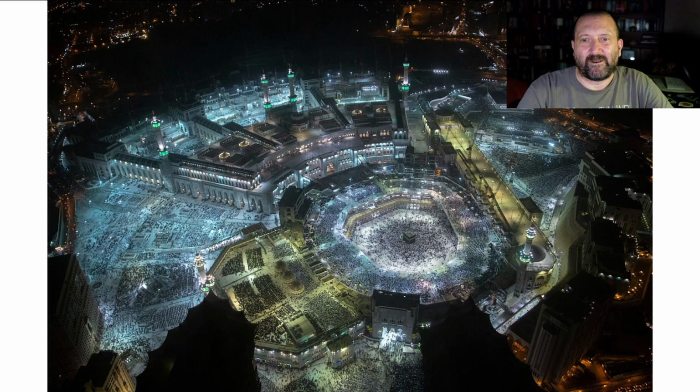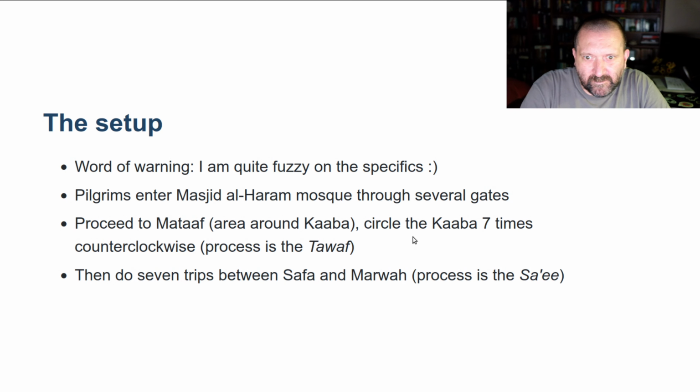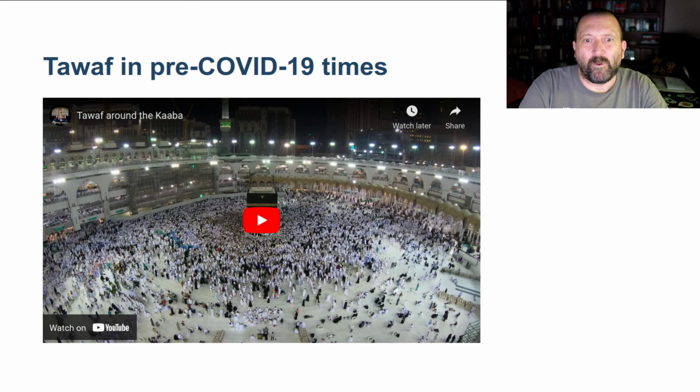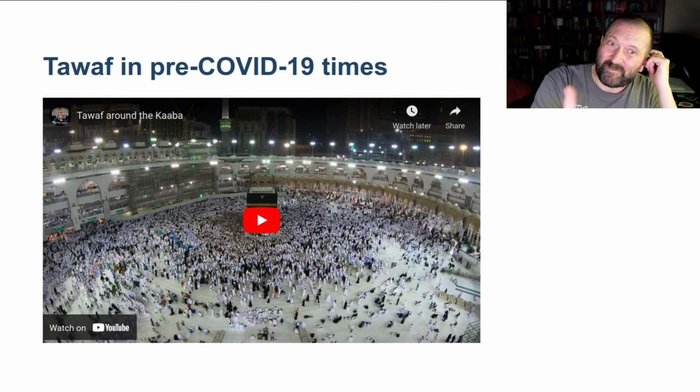So in practice, this is what things look like. This is the mosque itself, and then the Kaaba is this place here in the center. And so people rotate counterclockwise around this 7 times, and then I believe this is where they do the return trips back and forth. Okay, and you can see here this is an event during which there were quite a few people. As I said, I will not show the videos, but the videos are there that you can play when you're watching the videos.